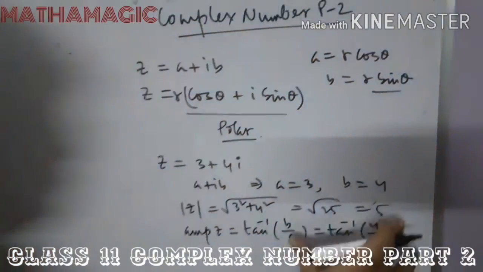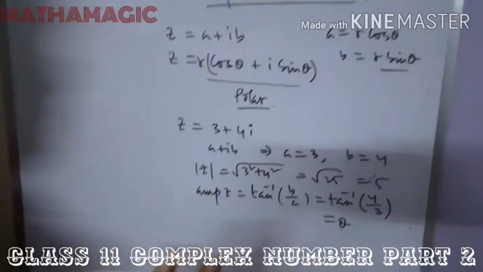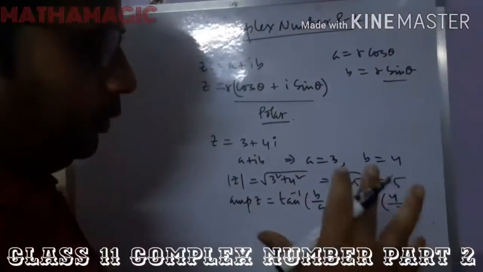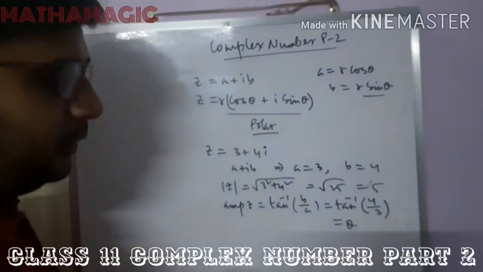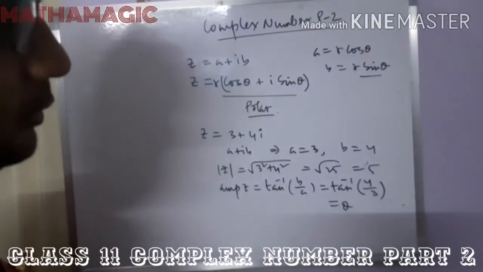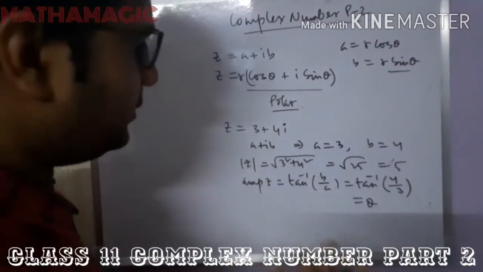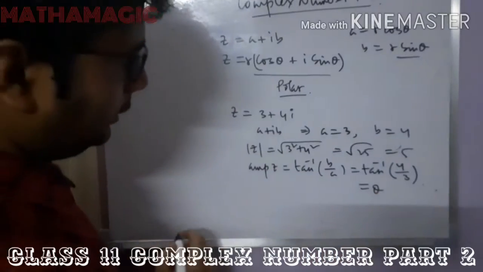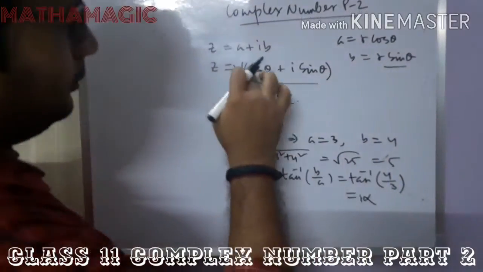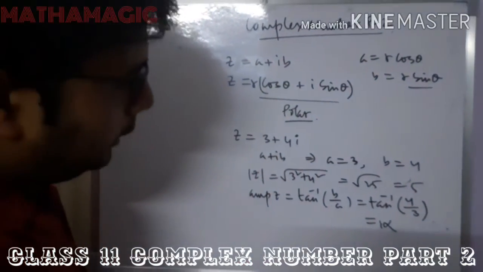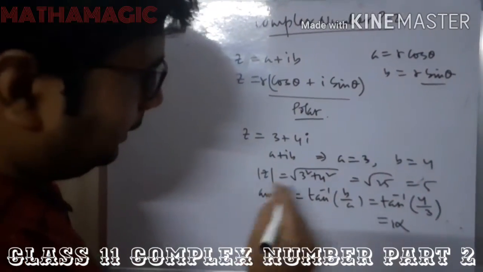So we can calculate that value. Whatever things will come in our calculation, that value will be known, but here tan inverse 4 by 3 is an unknown value in general, so we'll take it as theta. Or let it be alpha, so it will be easier because we have already written theta here. So how to represent this in the polar format?